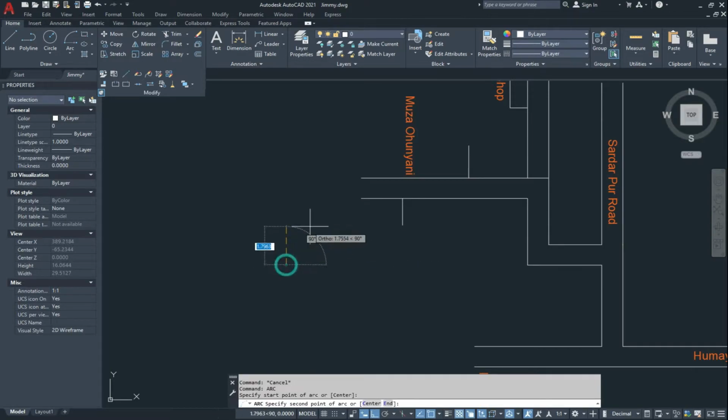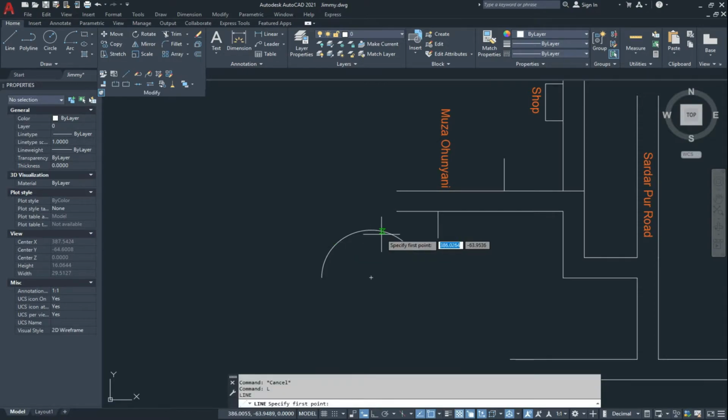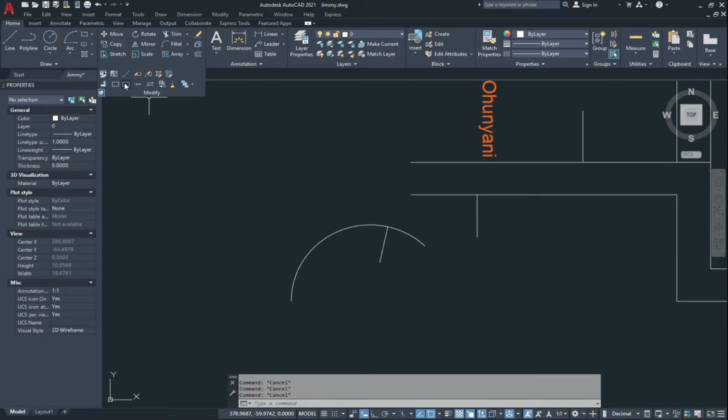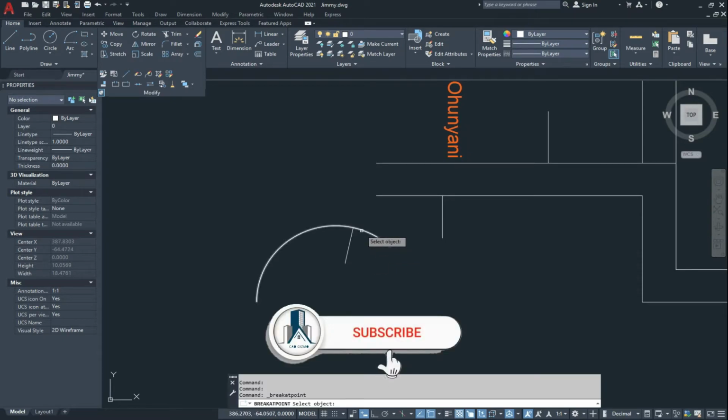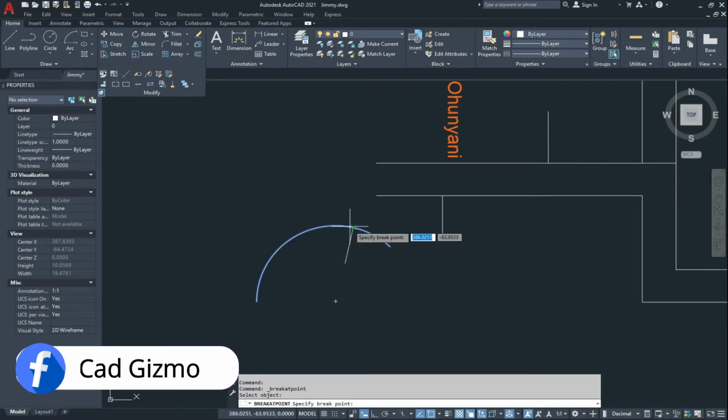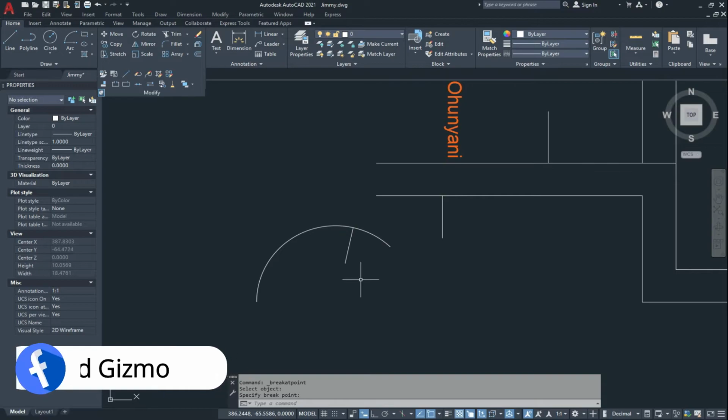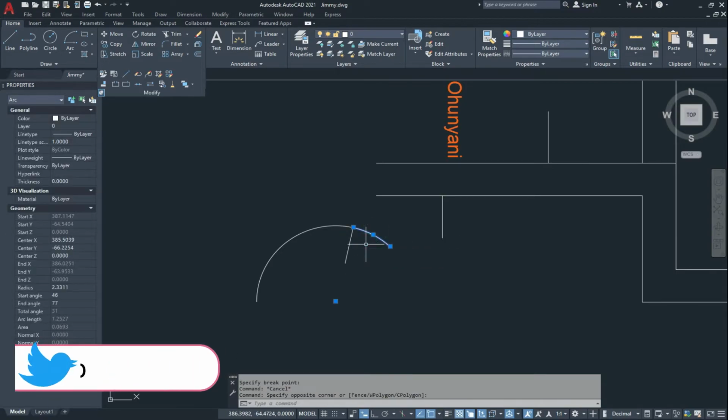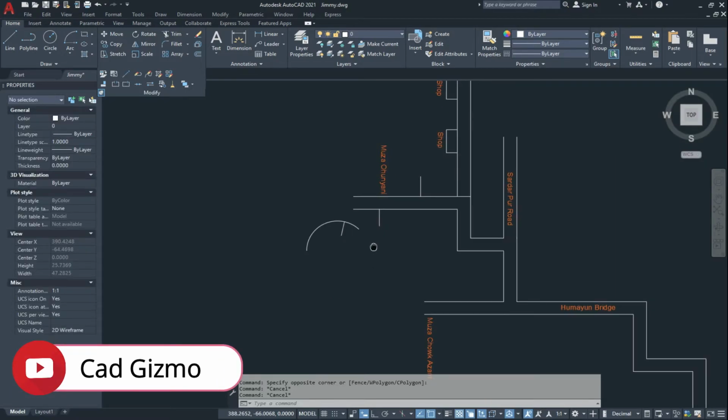On arc, if I make arc here, and if I want to break it from this point, now go to break at point, select the arc and specify the break point. In this way we can divide our arc into two objects at a specified point.